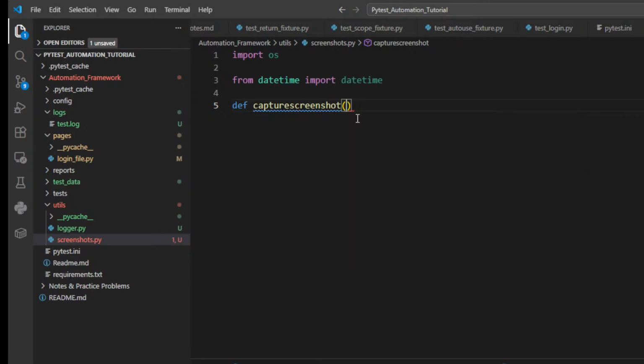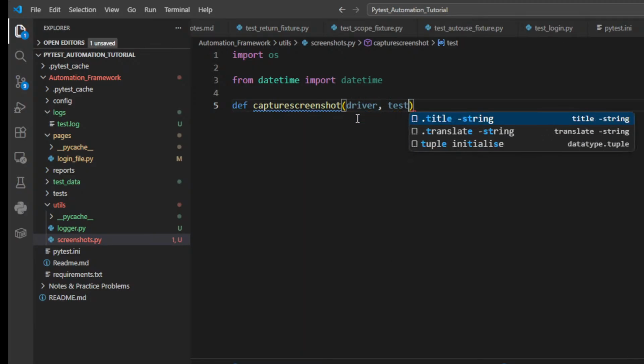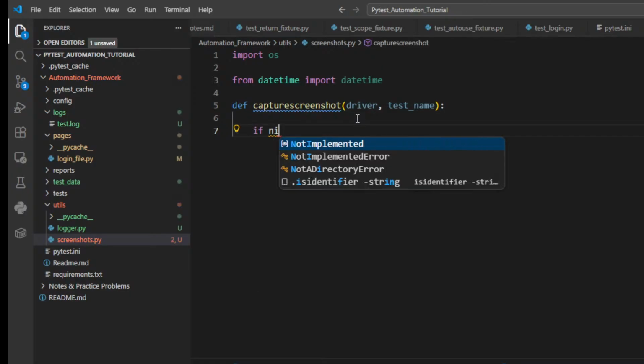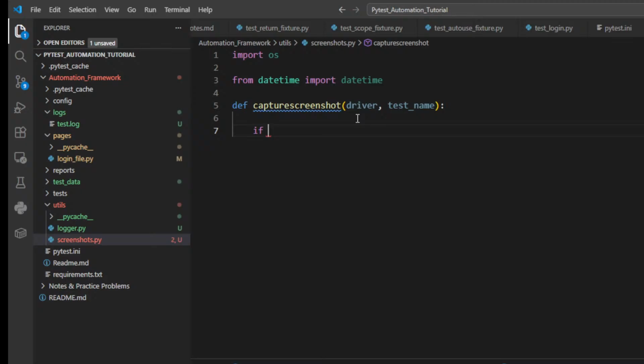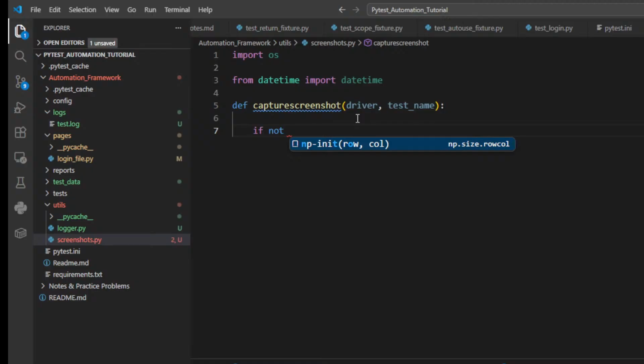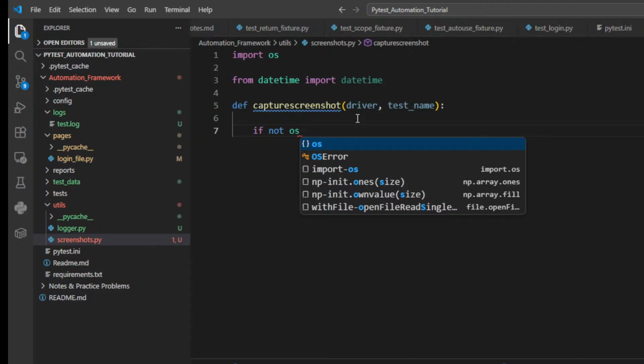We are going to import driver from a test. Now first we are going to see if the screenshots folder exists or not. As we checked in the loader.py, we are going to use the same code here, that if not os